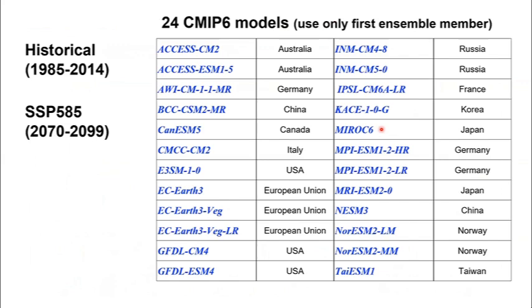Then the next part is to use the CMIP data set, and these are the 24 CMIP models we're using that have the daily Tmax temperature that we use from ERA5. We are looking at both the historical period, the 30-year period I mentioned earlier, but I also look at the end of the 21st century, from the SSP585 scenario. Okay.